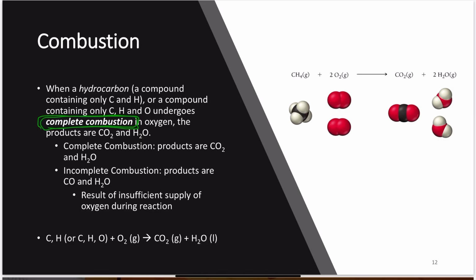Most often what actually happens is a mixture of the two. We just want to limit the amount of carbon monoxide being produced. In the real world, there are two ways we do this. One, catalytic converters. They are there to help add oxygen to the system while your gasoline is burning in your engine. The other way we try to combat this in the real world is